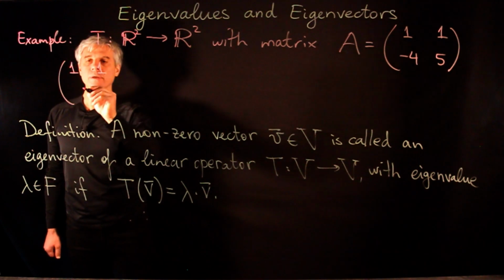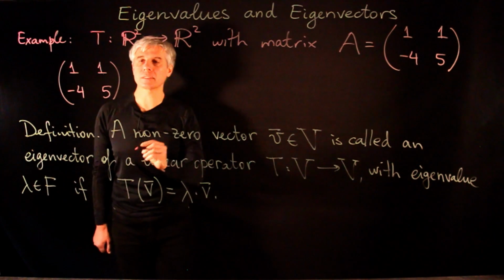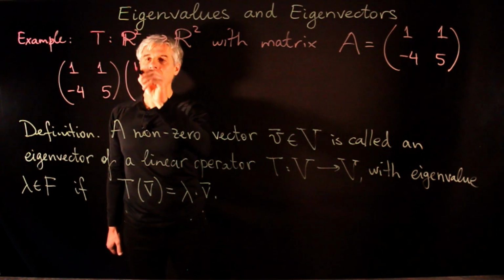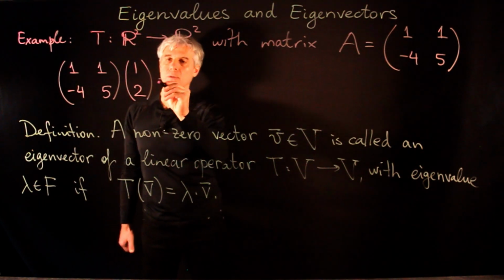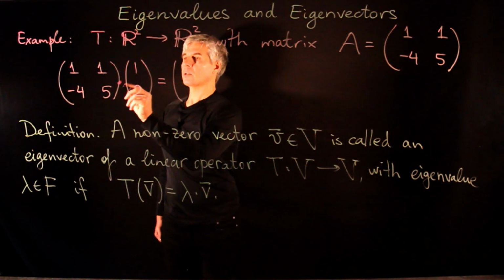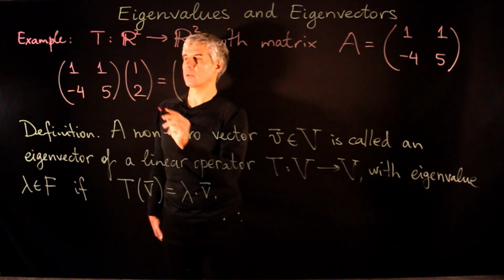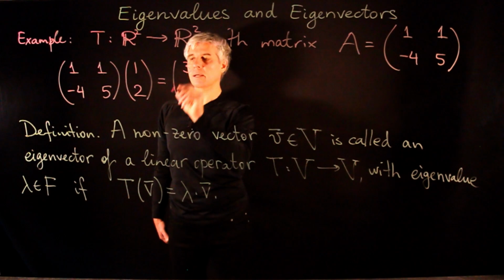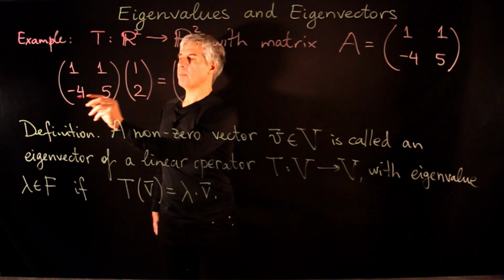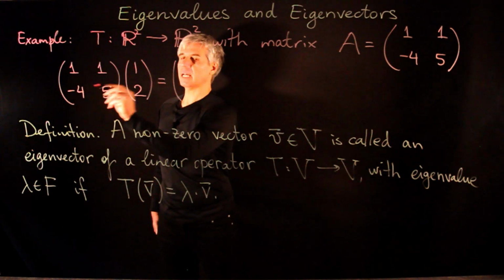Let's multiply this matrix by the vector 1, 2. Let's compute the result of this multiplication. Here we take the dot product of 1, 1 with 1, 2. So this is 1 plus 2, this is 3. And the dot product of minus 4, 5 with 1, 2 is going to be 10 minus 4,